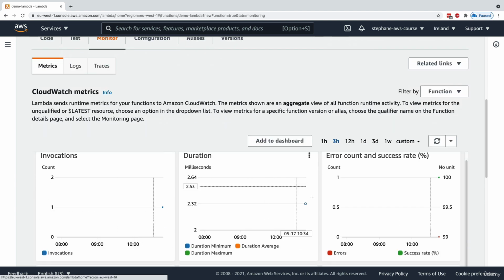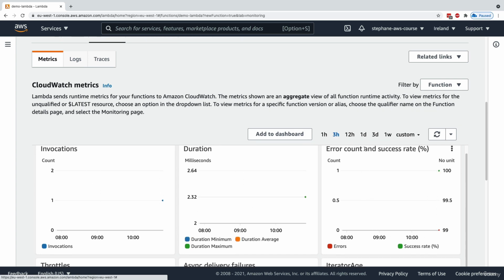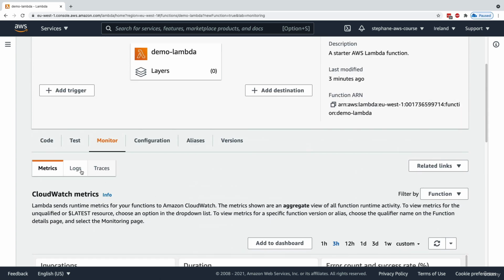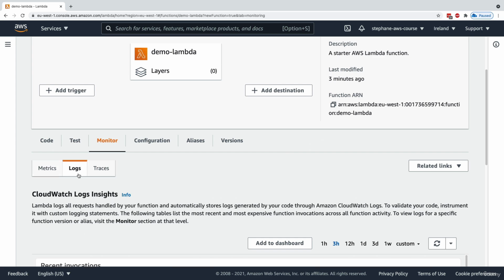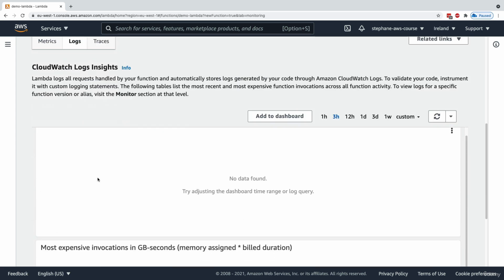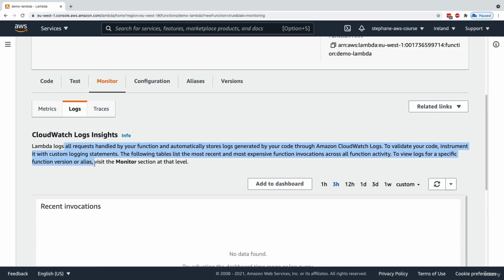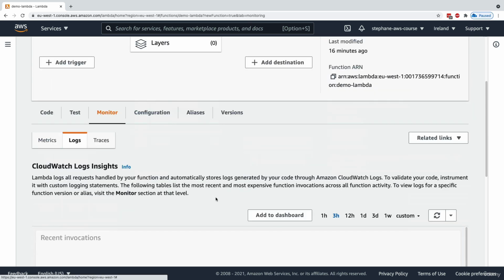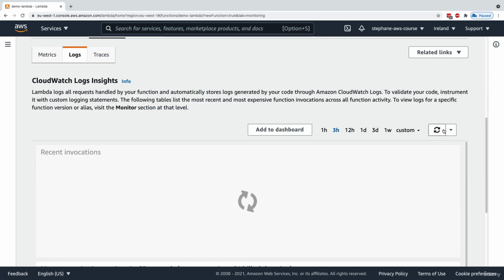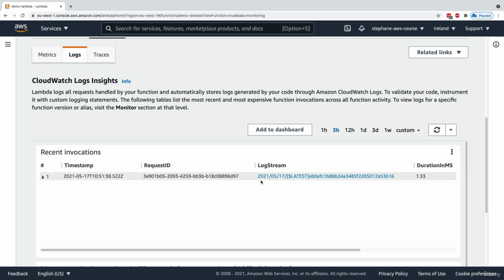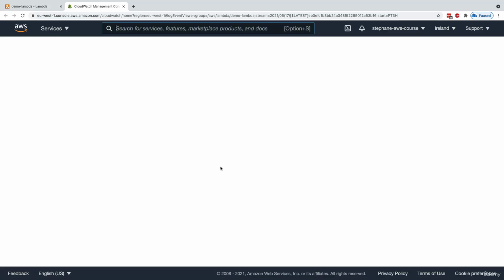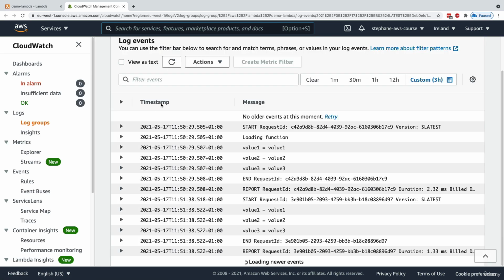So here 1 time, how long it lasted, whether or not there was errors or successes, and so on. So it could be quite helpful, but we have integration with CloudWatch metrics and also CloudWatch logs. So right now we have nothing, but we could look at the CloudWatch logs right now when the function runs. To do so, just refresh on the right-hand side the recent invocations, and we can see that there's a log stream right here. If I click on it, I am taken directly into the CloudWatch logs, and we